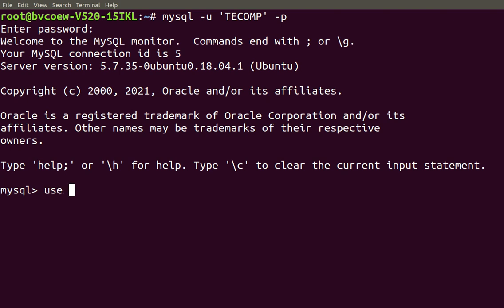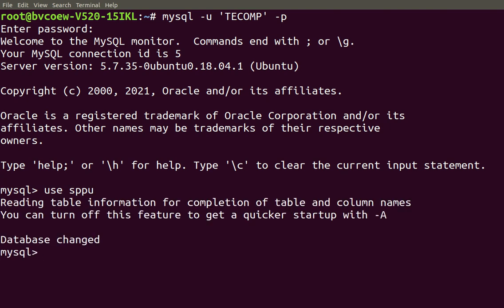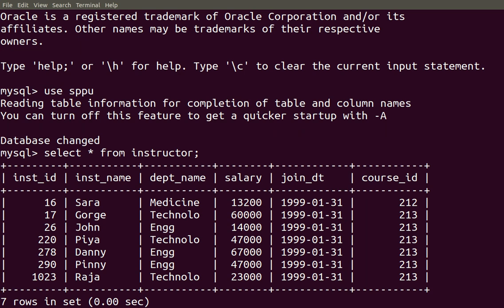Now I will use a database. What is the name of the database? SPPU is the name of the database. Now in this database I have an instructor table. So I'll do select star from instructor. So it will select from the instructor. Now let's try